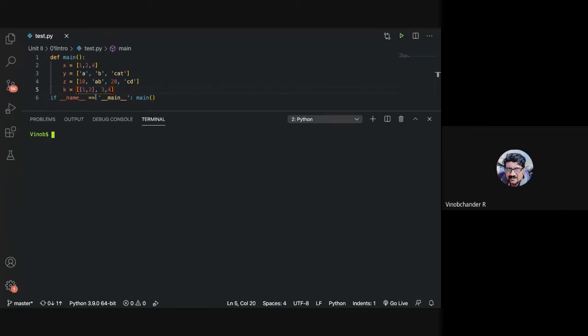So let us take the example of list Z. This is position zero, the zero-based indexing: 0, 1, 2, 3. Similarly, if you start traversing from the end, it starts with -1: -1, -2, -3, -4, right?